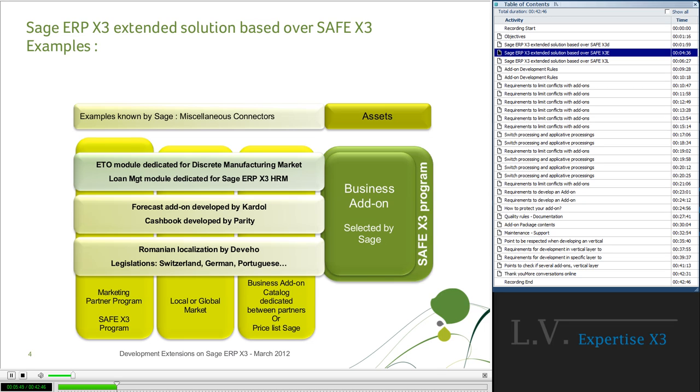Of course, on the assets, we find many types of development. For your information, we are going to begin a program in each country where we want to identify all assets developed by our partners. We want to make a global list of all assets. Our target is to allow partners to share and exchange their know-how. You will find this information soon on Sage Place.